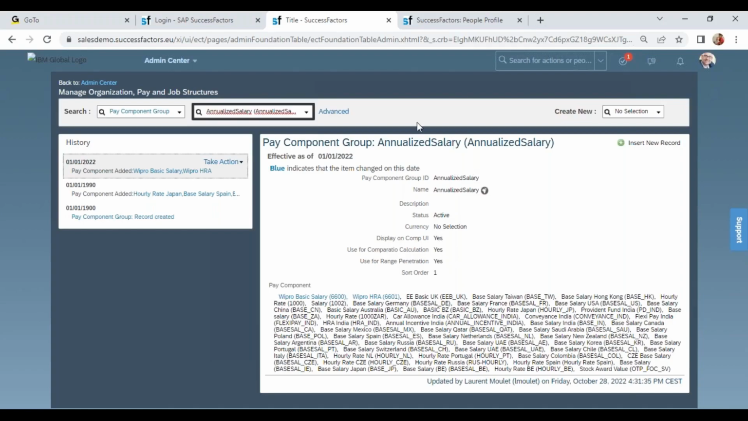Now, annualized salary. The purpose of creating the pay component group is to show the salary per annum. Okay. Now, yes, these pay components, all of them are not monthly. There might be some components which are semi-monthly, quarterly, half-yearly, bi-weekly, and so on. But when calculating to annual salary, system will go find the annualization factor maintained on the frequency and then